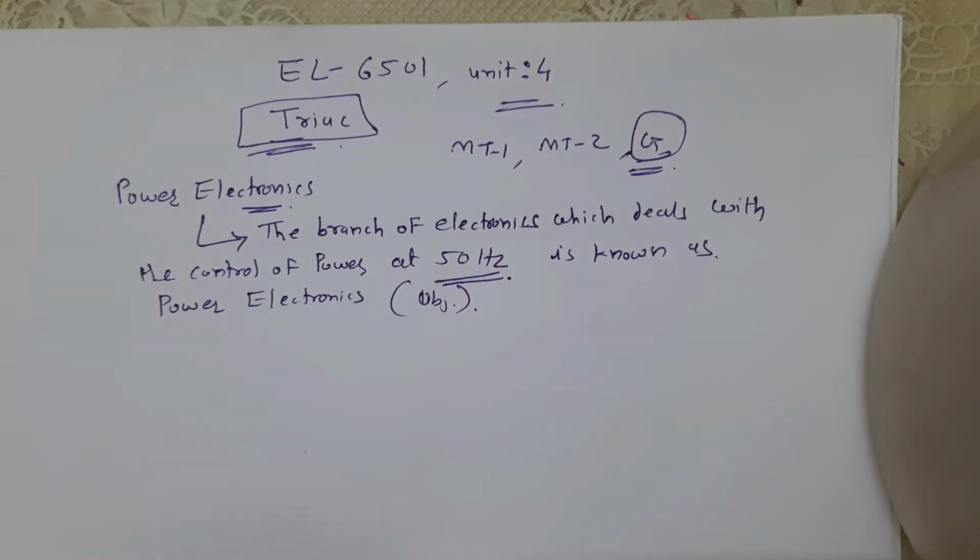That means first step, second step, third step, fourth step, we can change up to 4 or 5 points. But what about in between 1 and 2? Moreover, there is a considerable wastage of power. In recent years, such semiconductor devices have been developed which can exercise fine control over the flow of large blocks of power in a system.